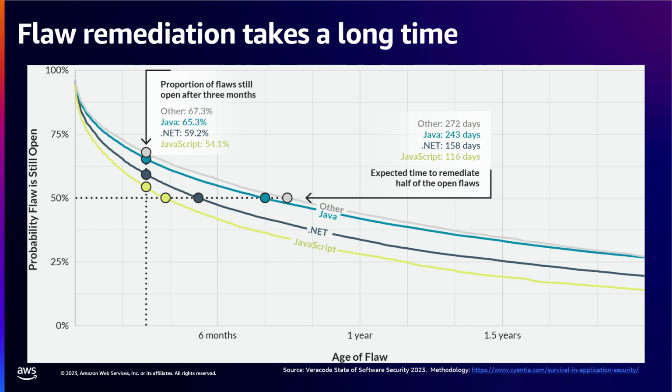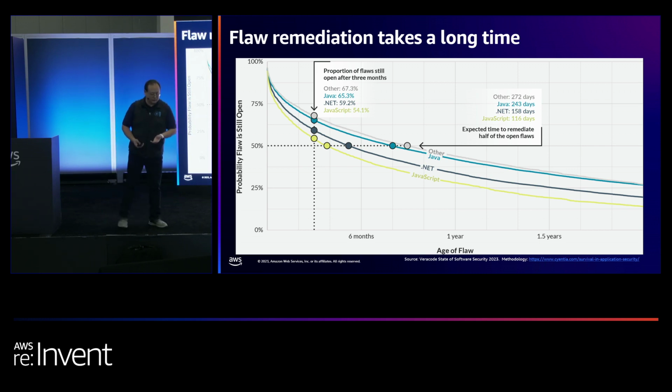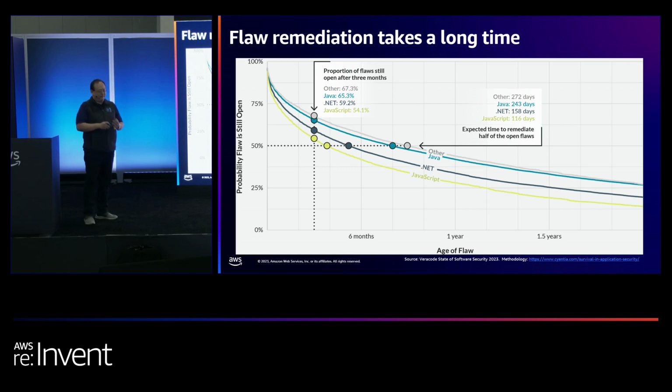And so if you look at the chart on the far left, the average time it takes based on language is somewhere between 116 to 272 days to fix a flaw. And that incorporates finding it, understanding it, writing code to fix it, implementing it, bug testing it, making sure it goes out and that the application actually works afterwards. And so when you think about that, 76% of applications have a flaw. It takes months to a year to fix them, and there's a growing gap of flaws that developers need to fix and no time to fix it. Well, we start having this problem of how do we actually resolve that gap in that graph.